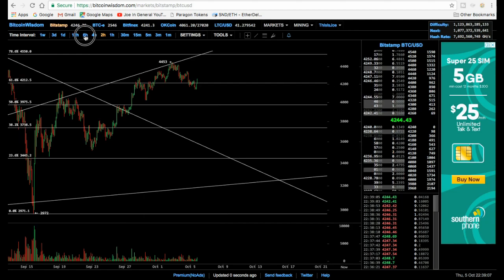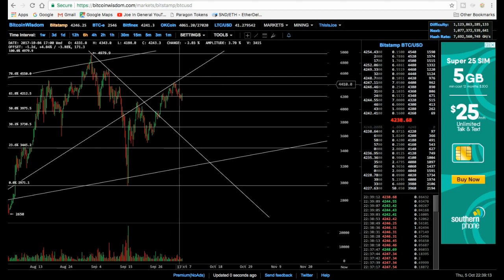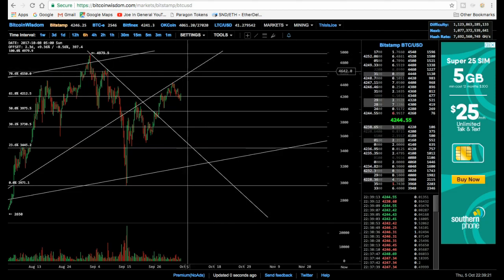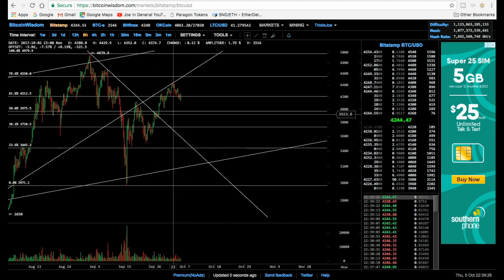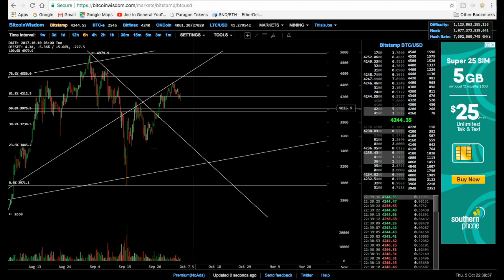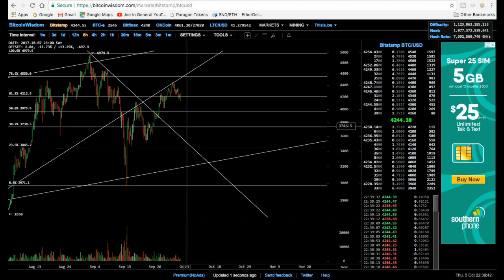But I definitely do think that this micro trend line is still very much in play until it breaks through, and then it'll very likely become a level of support, including the Fibonacci levels, which are key levels of support and resistance too. But definitely this is still in play. Of course, I think higher prices in the future, but of course we could come back down. Could we come back down to, well, again, you've got this $4,000 level right here. We could even potentially come back down to this 38.2 Fibonacci level of about